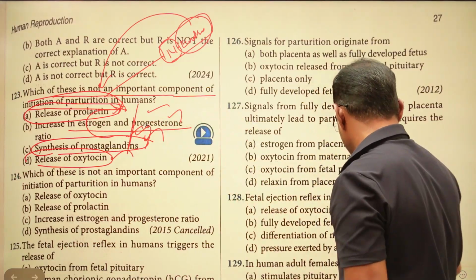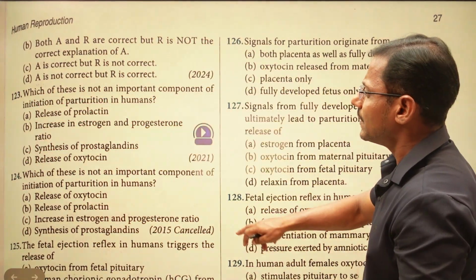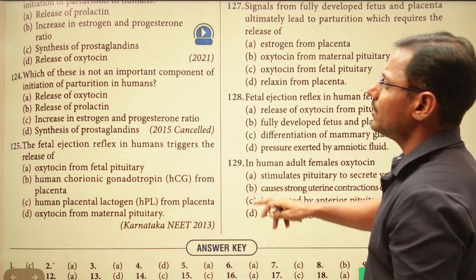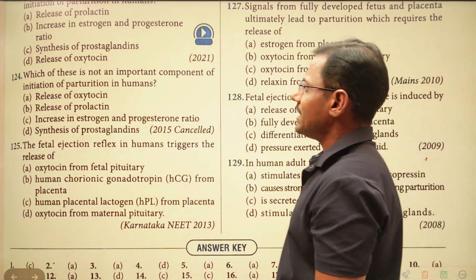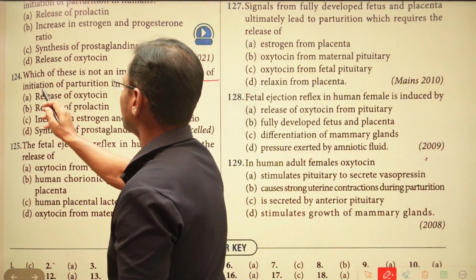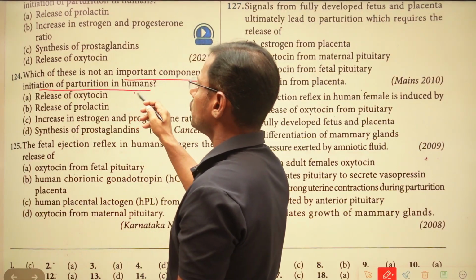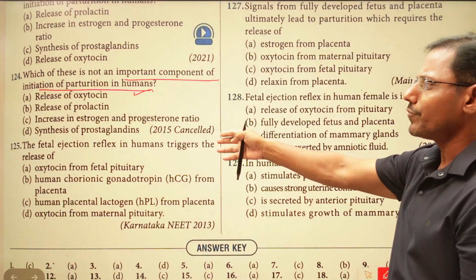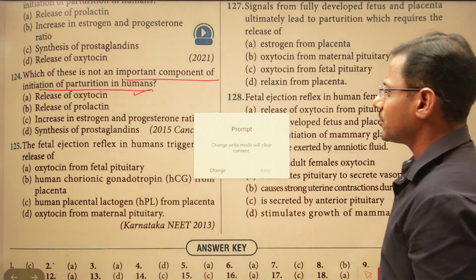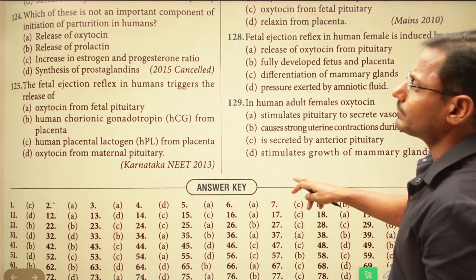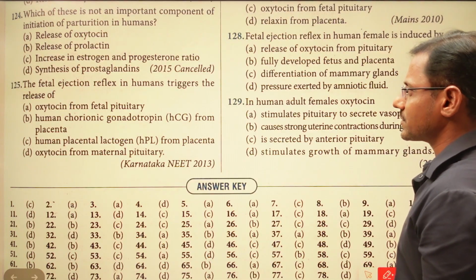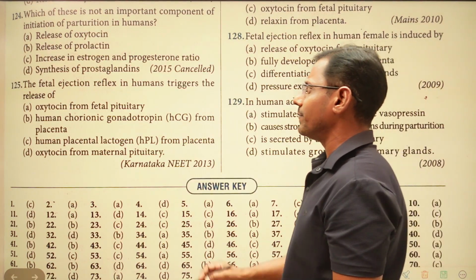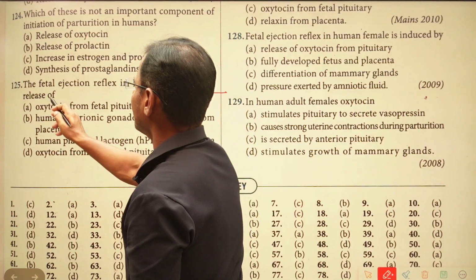So this was the question which was asked in 2021. Let us switch to the next one. Which of these is not an important component of initiation of parturition in humans? The same question again was asked in 2015, but it was cancelled. Let us check the next one. The fetal ejection reflex in humans triggers the release of